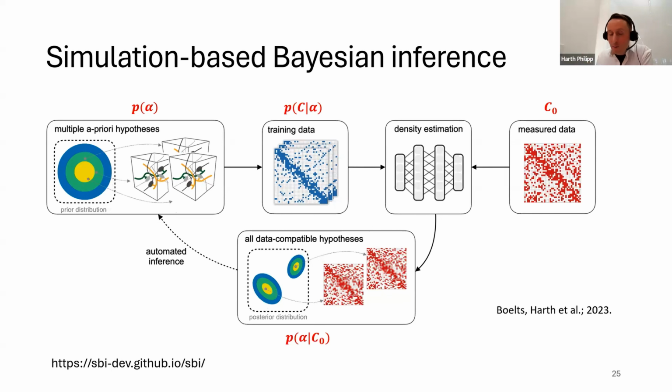And the advantage of this method is that we're not trying to optimize one single parameter to optimally fit the data. What this output gives us is the entire distribution over parameters that are data compliant. Because we have this probabilistic approach, the insight comes from the posterior distribution over parameters, which gives us the probability that these parameters can reproduce the ground truth data.